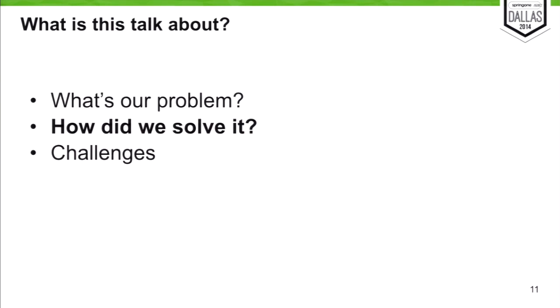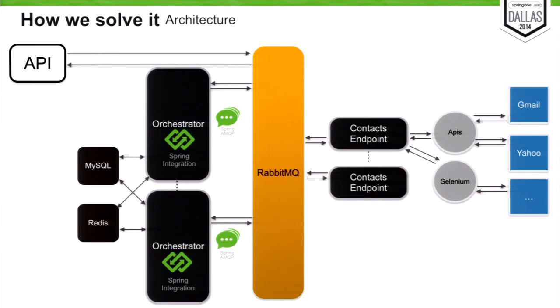So that's what our problem looks like and what we're trying to do. Let's see in detail how we solve it. Let's first see a global overview of our architecture, and then we can go into details on the key pieces of the architecture. First, the orchestrator is the core of our platform. It coordinates the migration process and is implemented with Spring Integration using enterprise integration patterns.